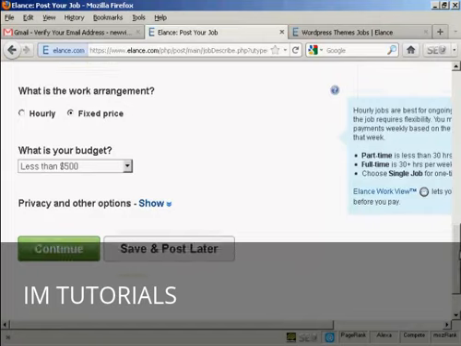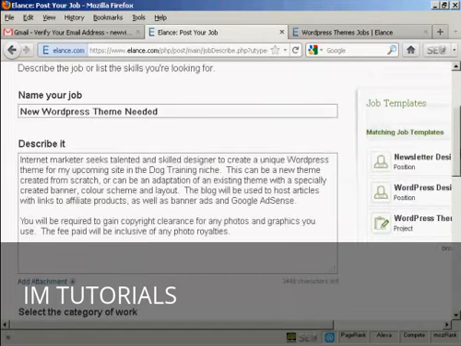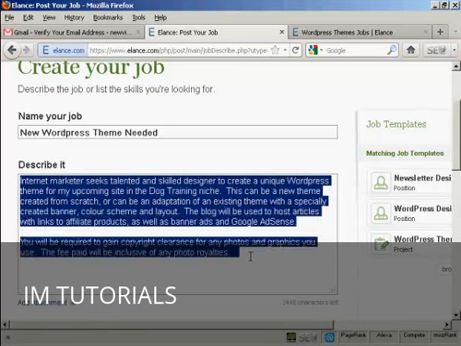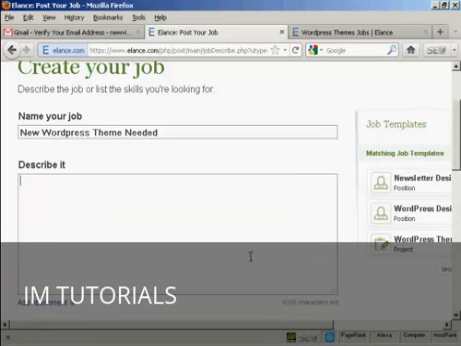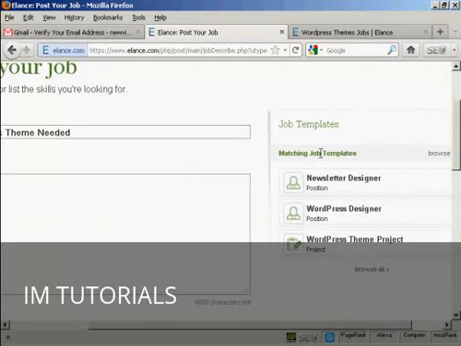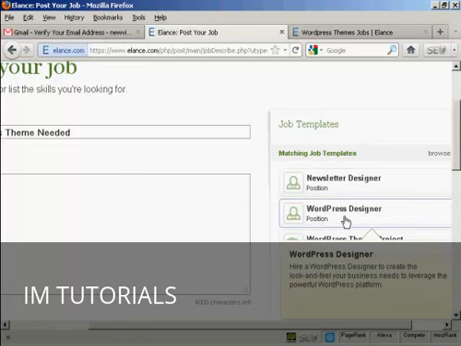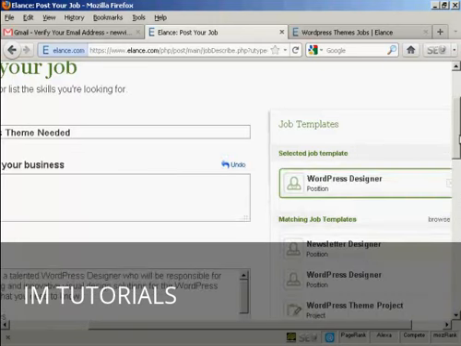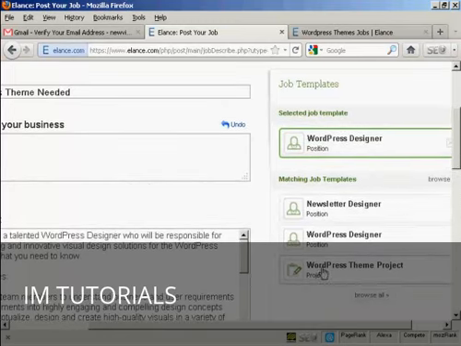Now before we navigate away from this page, there's something else I'll show you, because if you're not quite sure how you're going to phrase your job or what you're going to put in it, what you can do, if I delete that, is use some of their job templates. So for example, we want a WordPress designer. I can click here and WordPress theme project,